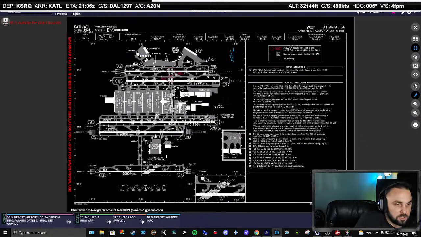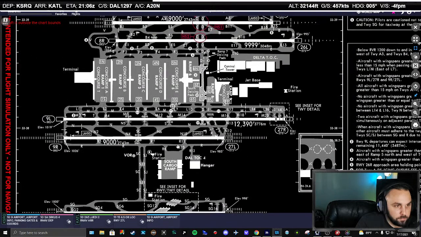So on 27 left, we've got 9,000 feet of pavement. As of now, we're planning on a dry runway, so we'll go auto brake low, and if we're doing good, we'll exit on November 4. If I suck today, November 2. If it's November 4, we'll take November Tango, cross 9 left, Tango Lima, and then